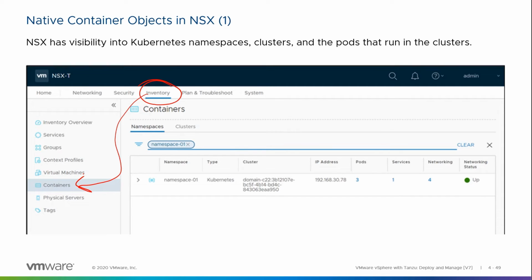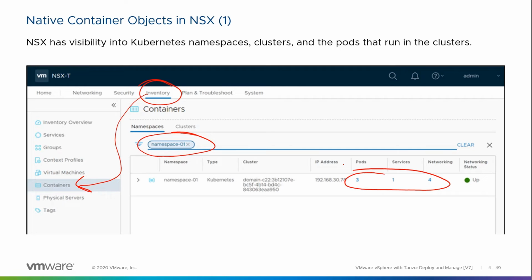I could filter those containers quickly by typing the specific namespace that I want to see into the filter, or it would list all of them. If I want to see the pods that are plugged into it, or the services, or the networking that's going on, these three numbers over here